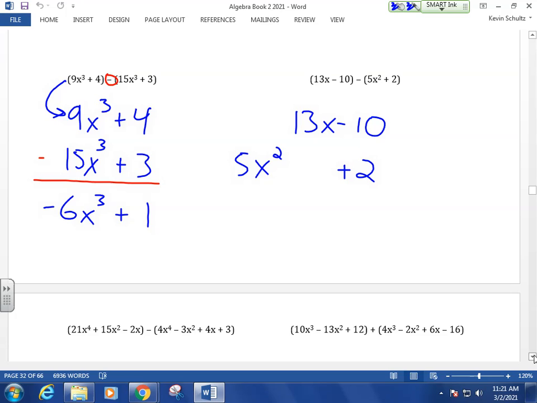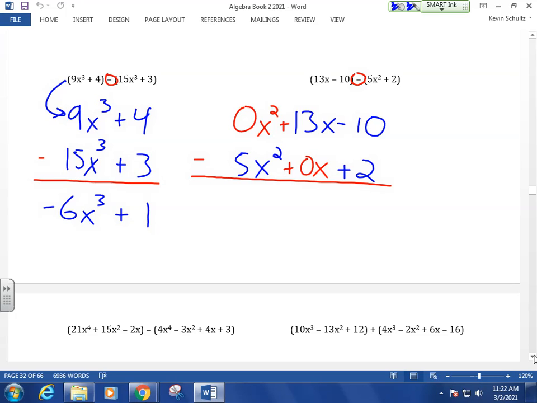Okay? And what I highly advise you do here, if we don't have any x squareds in the first expression, I'm actually going to write that by representing it as a 0x squared. And you'll see why there's a method to the madness here coming up. And I don't have any x's in my second expression. I want to actually write that by putting in a plus 0x here. Just to remind myself. Because when I go to subtract here,